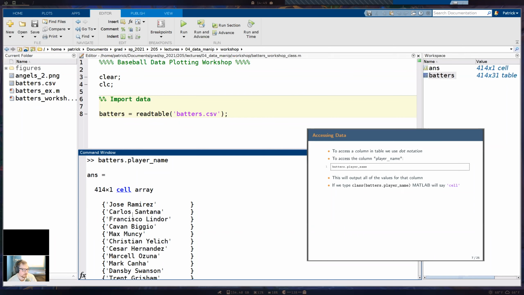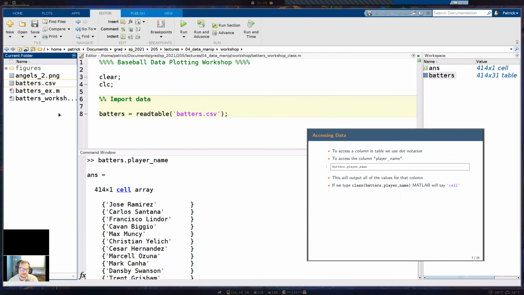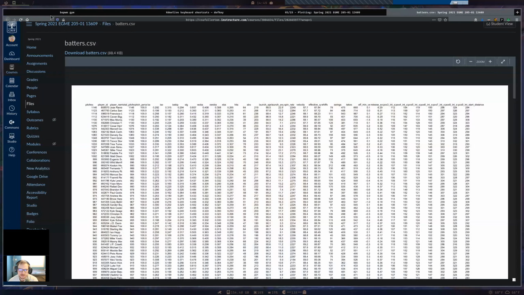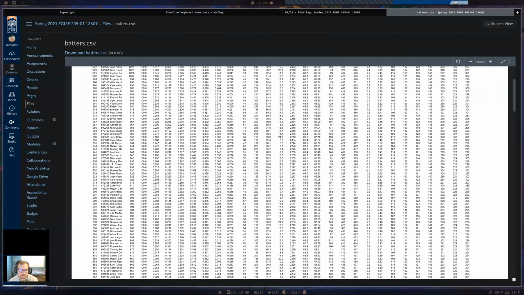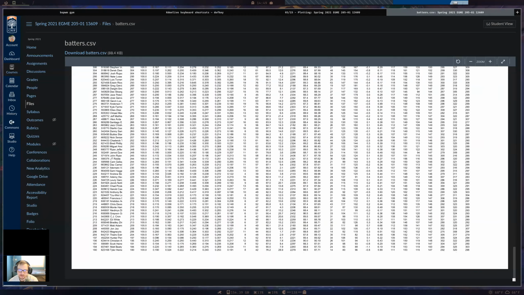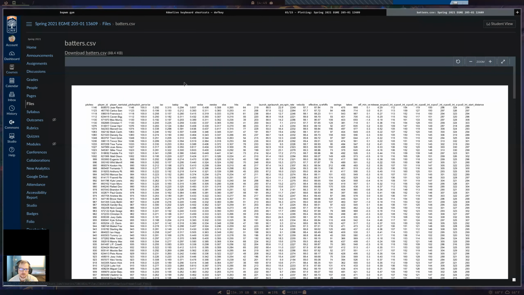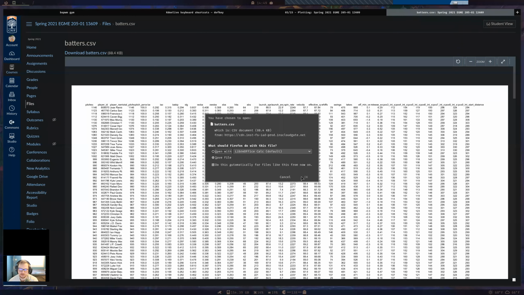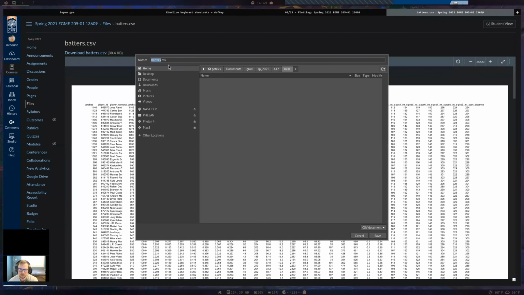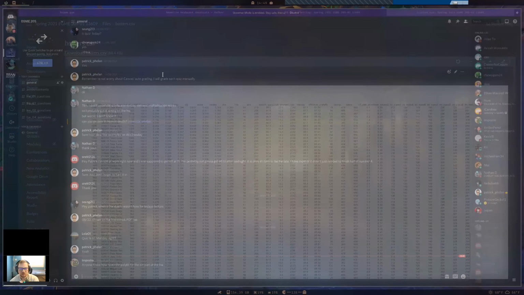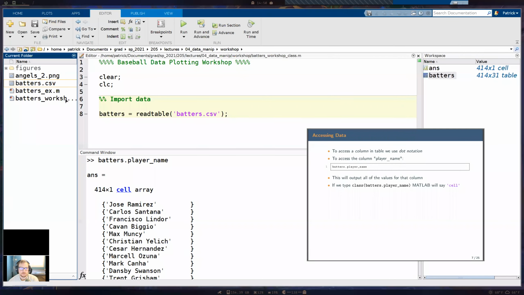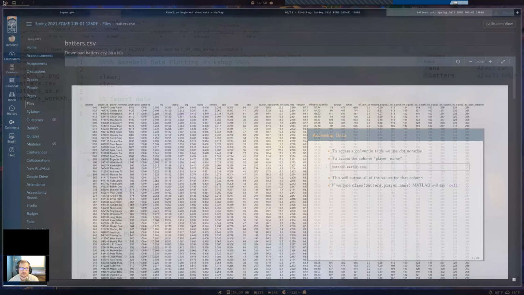Okay, the sizes are different. 7,499 by 367. Yeah, that's pretty different. It should be the same exact thing here. It should be 414 rows. I'll re-download this though, and I'll call it something else. Batters test. Oops, I didn't save that in the same spot, did I?